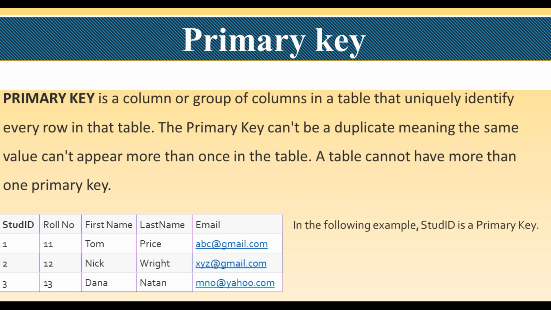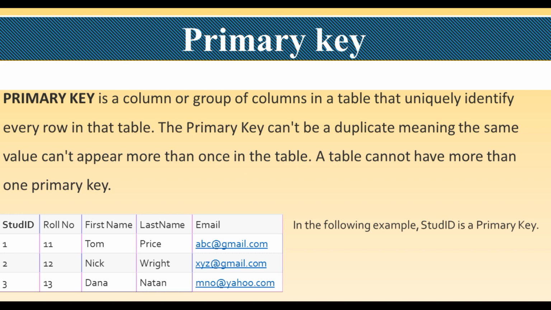So first of all we are talking about the primary key, student. A primary key is a column or group of columns, okay student. That doesn't mean the primary key is only one column. There may be more than one column also in a relation, or table. So a primary key is a column or group of columns in a table that uniquely identifies every row in a table. For example, consider a table named student, where there are two students whose names are the same, like Vinod Kumar and Vinod Kumar. So we can identify them uniquely with the help of a particular column.